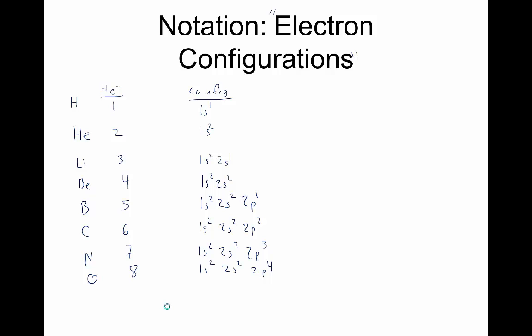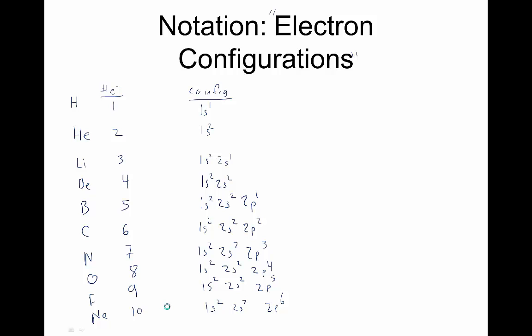And you see the pattern that we're kind of developing. Fluorine has 9 electrons, so 1s2, 2s2, 2p5. And then finally we get to neon, Ne, which has 10 electrons. So 1s2, 2s2, 2p6. So those are the electron configurations then, just following the Aufbau principles for the first atoms